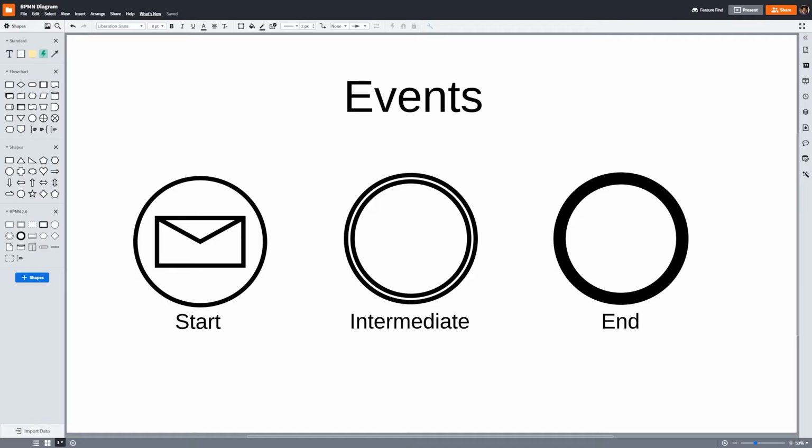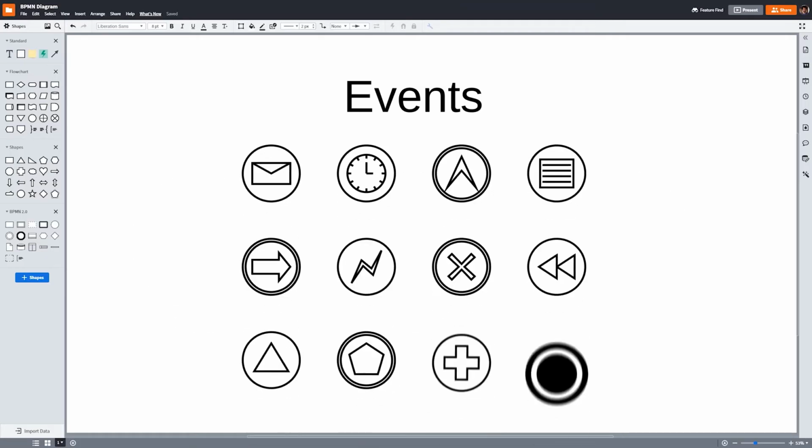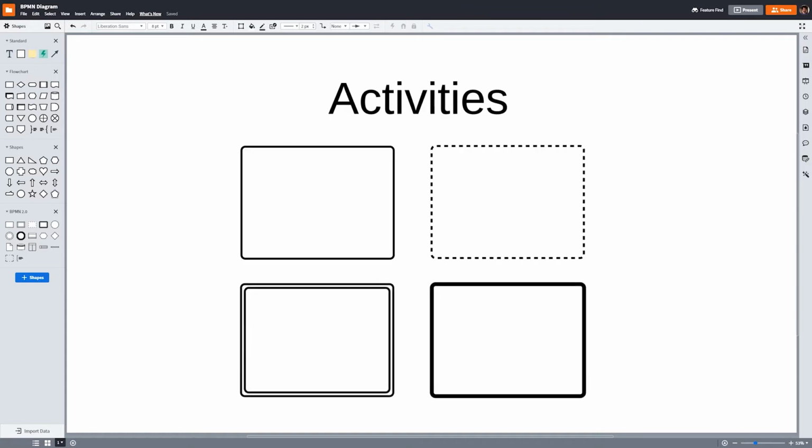a process. An intermediate event has a double border made of 2 circles. End events signify the end of a particular process or path within a process. When you see an end event, you'll know that nothing else needs to be done in the process after that point. End events have a thick border. Intermediate and end events, like starting events, can be further designated by one of several symbols. And remember, your BPMN diagram, no matter what it is, will always have at least one start event and at least one end event.